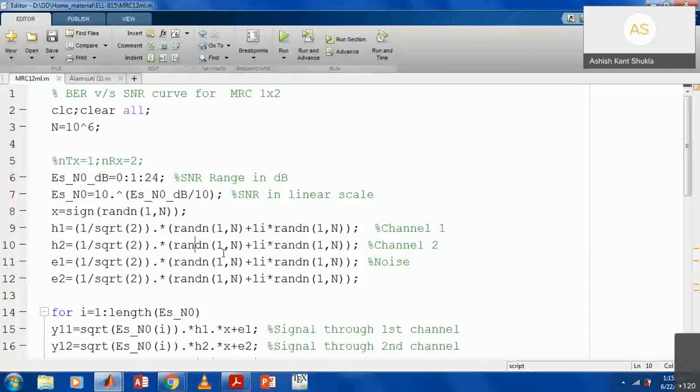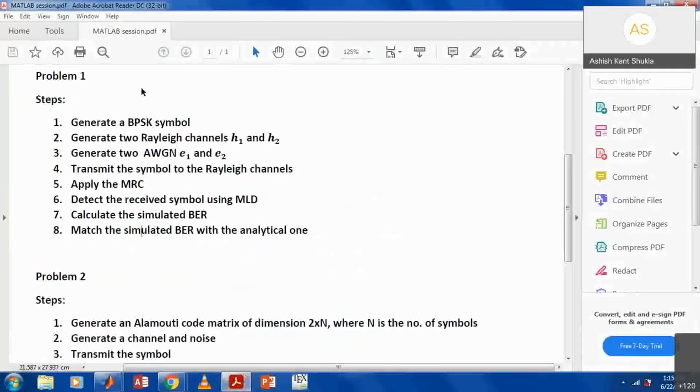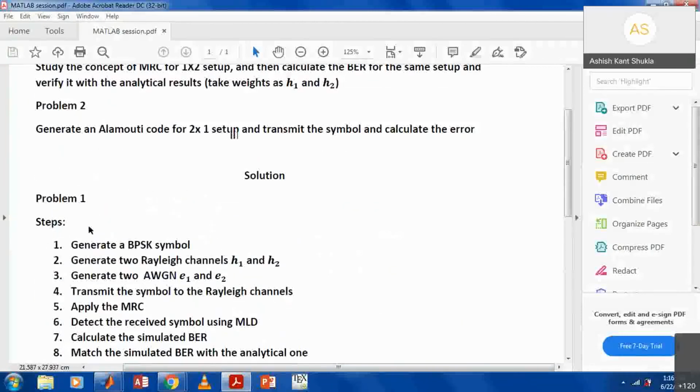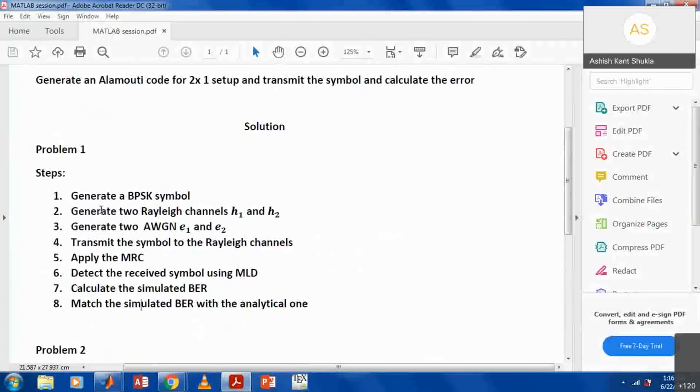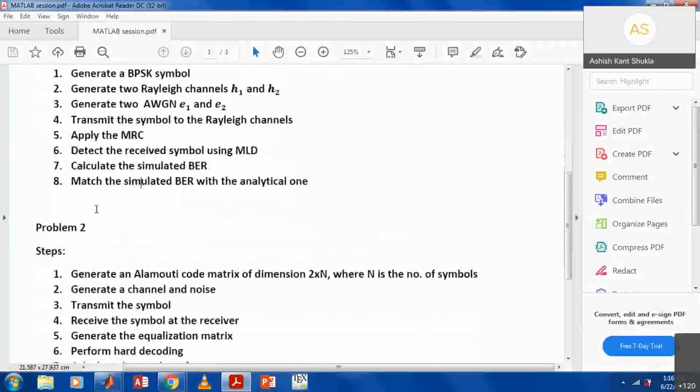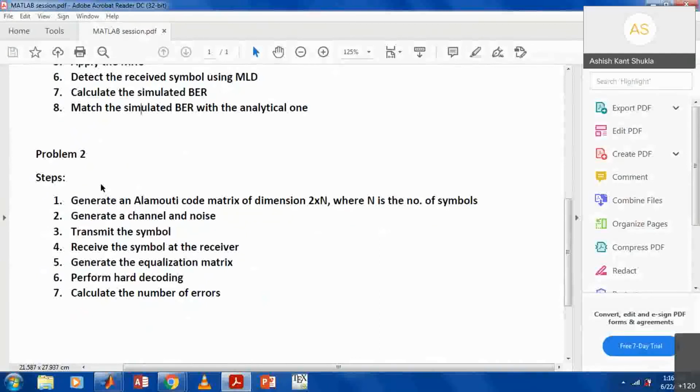that is about generation of LMOT code. Our next problem is about generation of LMOT code, and we will transmit that LMOT code and then calculate the error. The basic setup is also similar to this. Here we have taken n symbols, and we will generate an LMOT code matrix of dimension 2 cross n, where n is the number of symbols,